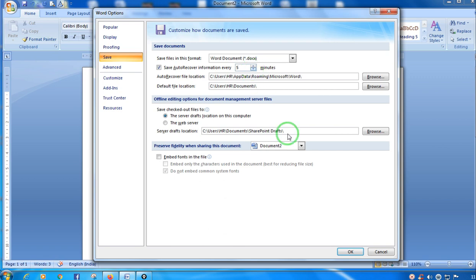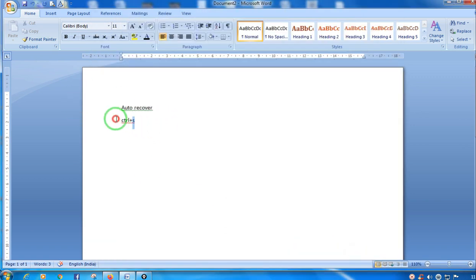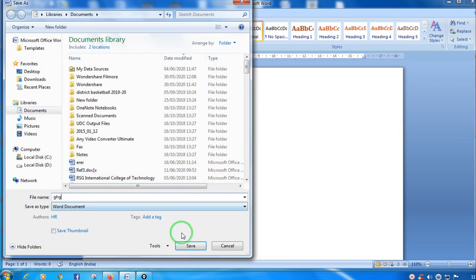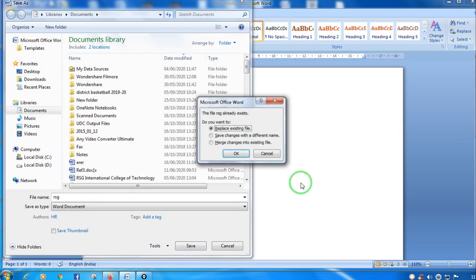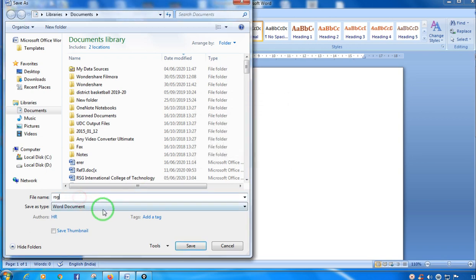So try these features, but it is better that after doing certain work, you save your work by clicking on the save button. It is a good practice to save your work manually.